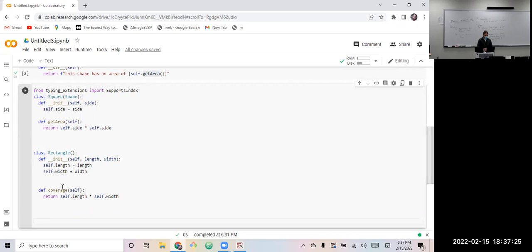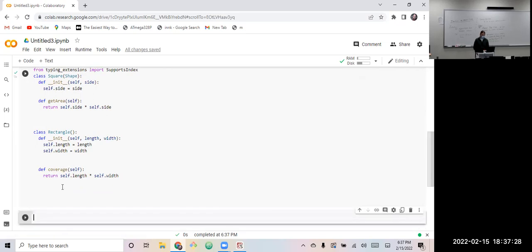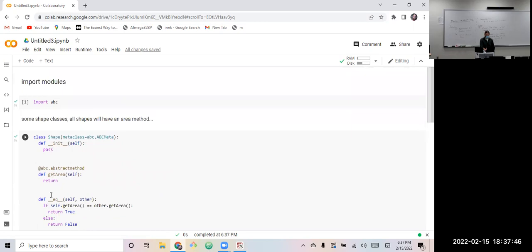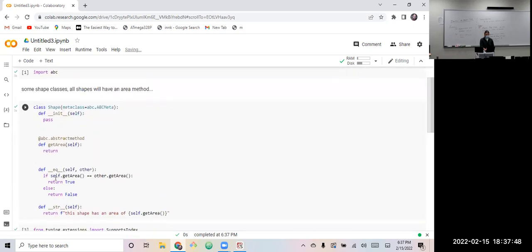But there is kind of a problem here, right? Their shape does not work with what we set up for shapes to be. It's not going to work with what we said it means for two shapes to be equal.